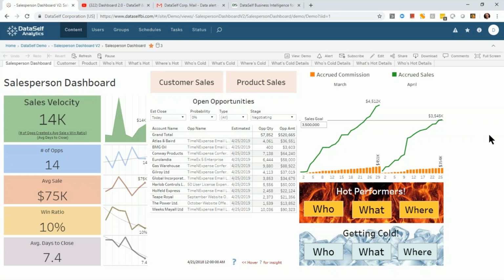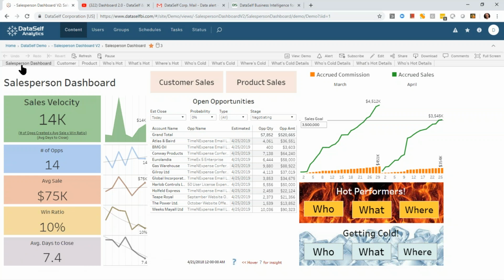And the idea of this dashboard, when you open it for the first time or during the day, is to have, first of all, on this tab, a high-level view of what you really care about. So on the left side, we have major metrics that each salesperson is accountable for. Sales velocity is a popular metric that comes out of CRM transactions. But for some organizations and for some sales teams, these metrics can be quite different. They can be sales, quotas, gross profit, sales order metrics, doesn't matter.